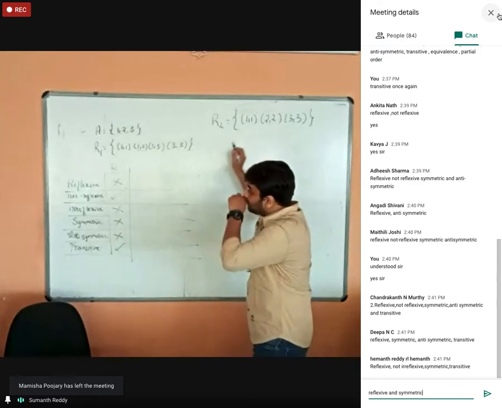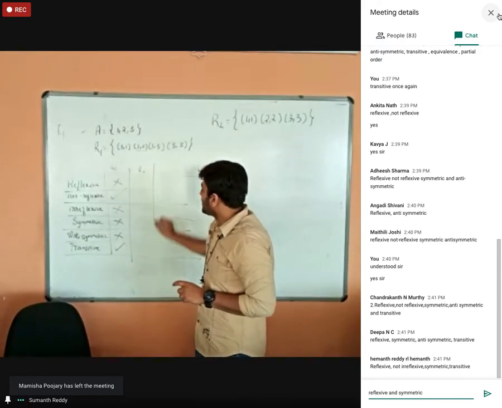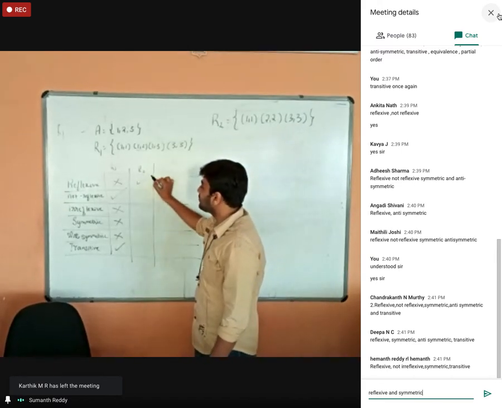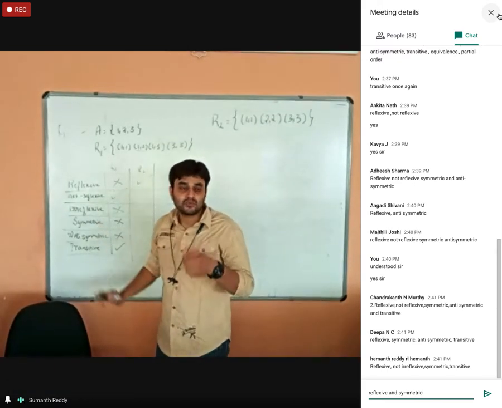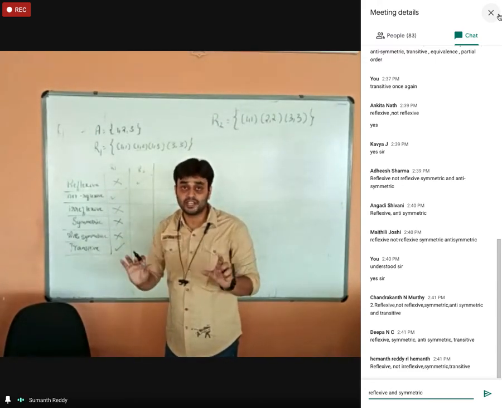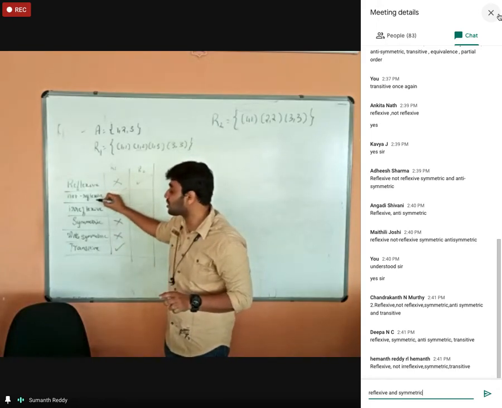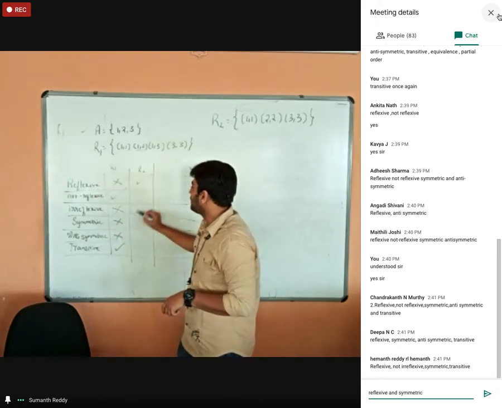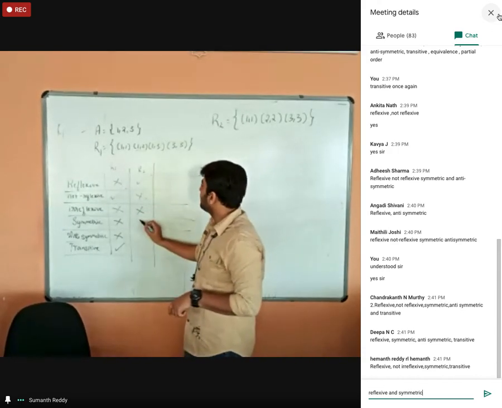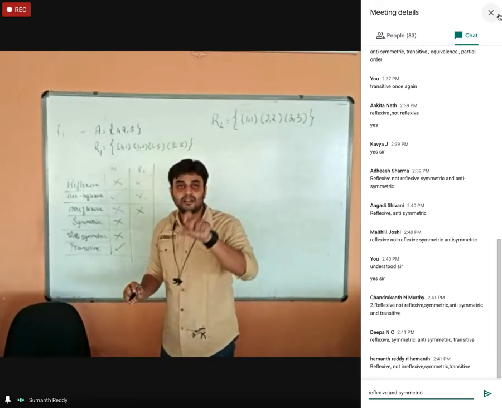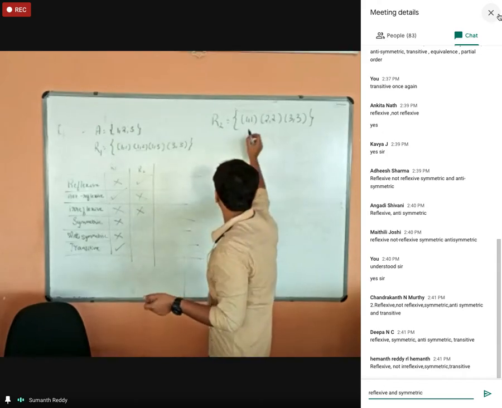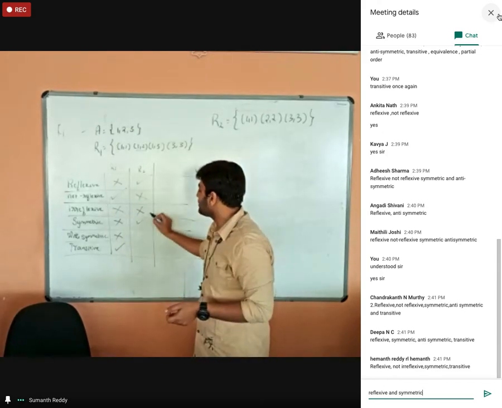See, when it comes to the reflexive property, every element is related to itself, right? I have 1 comma 1, 2 comma 2, 3 comma 3. Obviously, it is reflexive. For not reflexive, at least one element should be related to itself, but the other condition is that all the elements should not be related. If all the elements are related, I won't go for not reflexive, rather it is reflexive. So this can't be not reflexive, and even irreflexive won't be. Next, coming to symmetric, if I have 1 comma 2, then 2 comma 1 also should be there. But pairs like 1 comma 2 don't exist. All I have is 1 comma 1, 2 comma 2, 3 comma 3. So it will be symmetric.